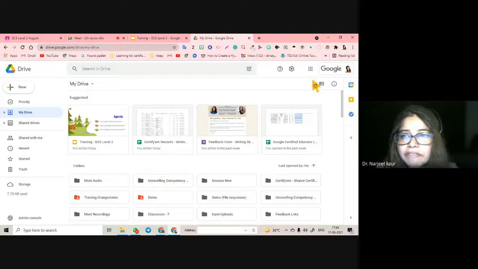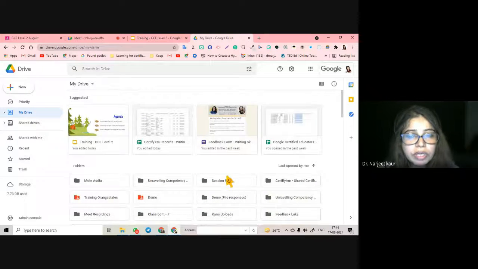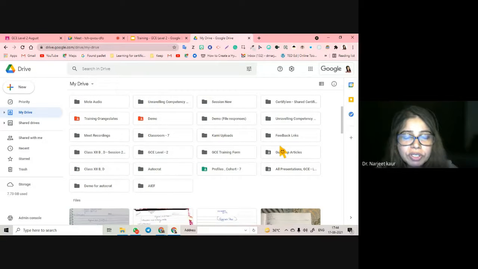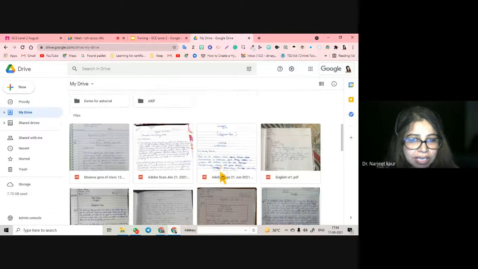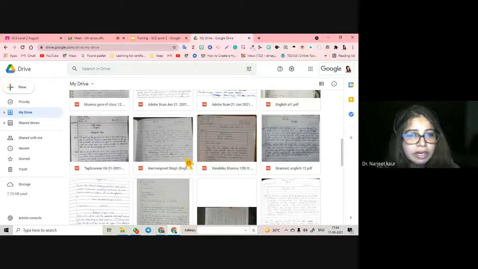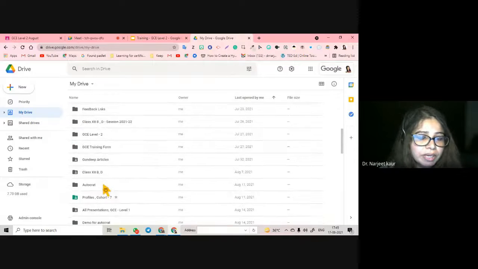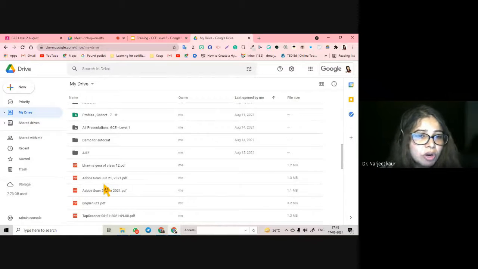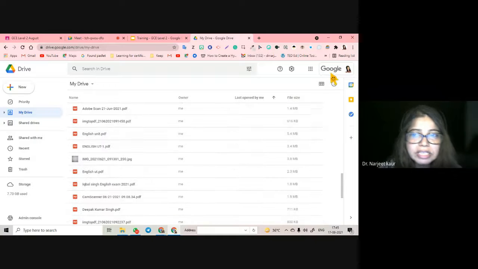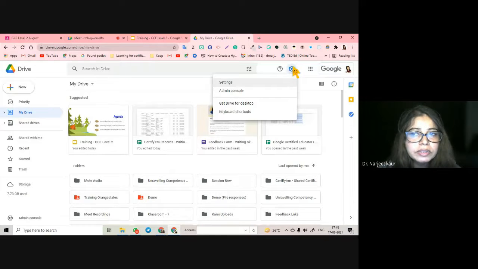Another thing that we can work in Drive with is this view. This is list view and this is grid view. In the grid view, the items or the files are placed next to each other, not clustered, in the form of small squares or something. Very neatly they are placed. And if I click on this, then it forms a list for me, just stacked right below each other, right? So these are the two views. You can quickly access them. This is the setting gear.